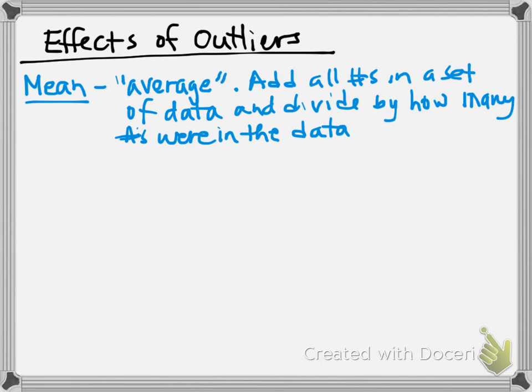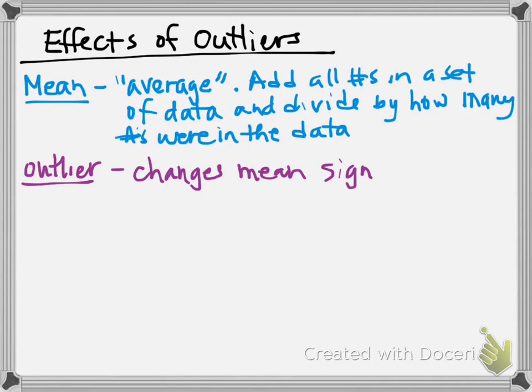And so let's talk about how an outlier affects it. If you have an outlier, will your mean stay the same? No. And so we're going to use a generic term because we just discussed that sometimes that could increase the mean or it could decrease the mean depending on where that outlier is. So we're just going to say it changes the mean significantly. So there is some sort of change. The change can go up or the change can go down. Okay? All right,